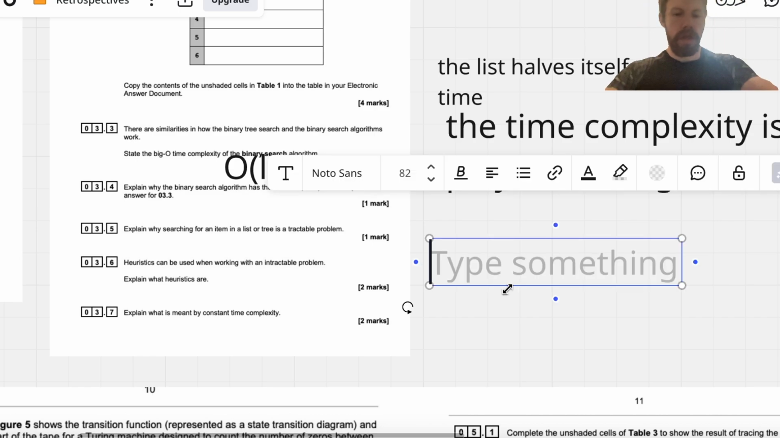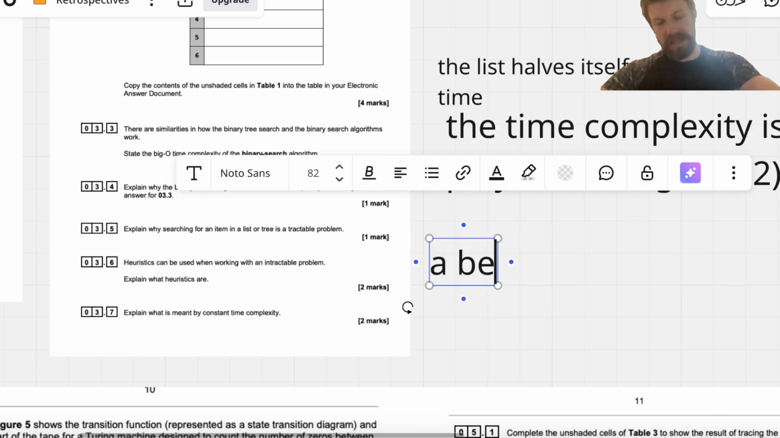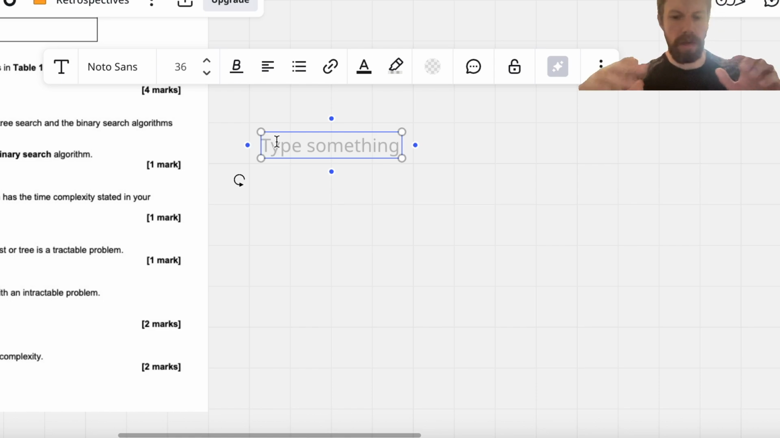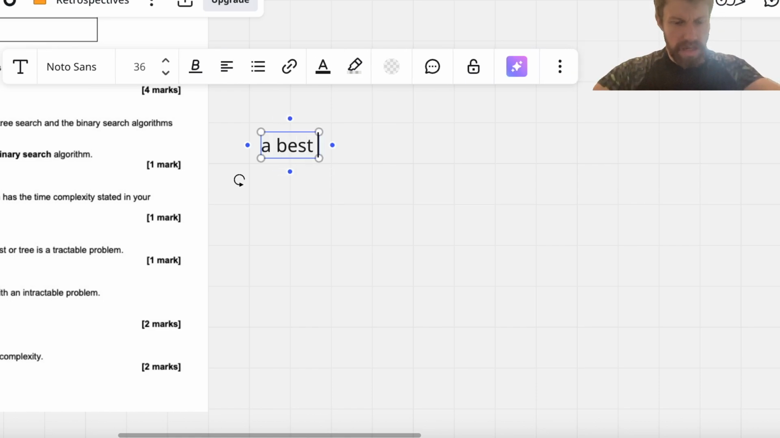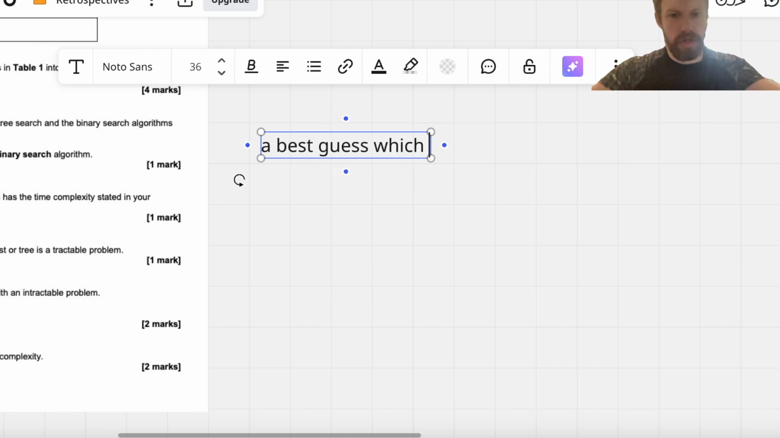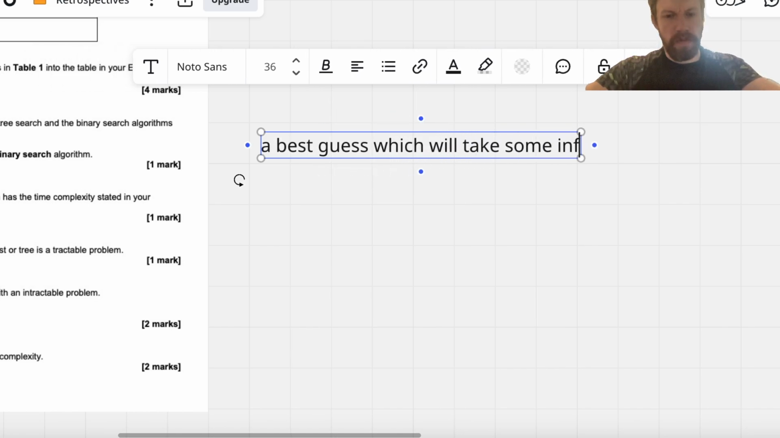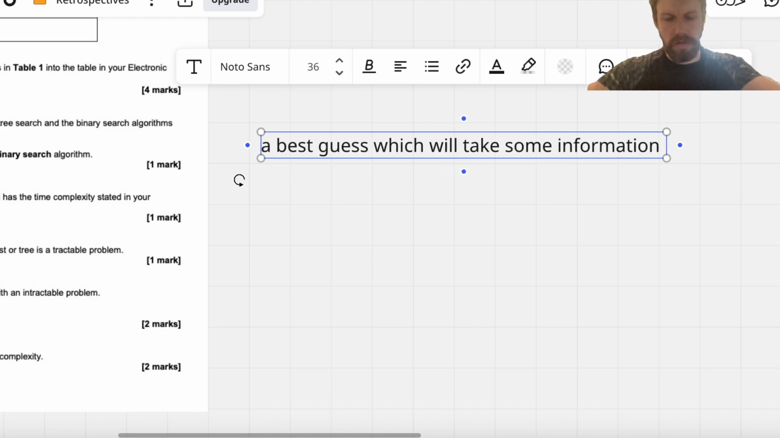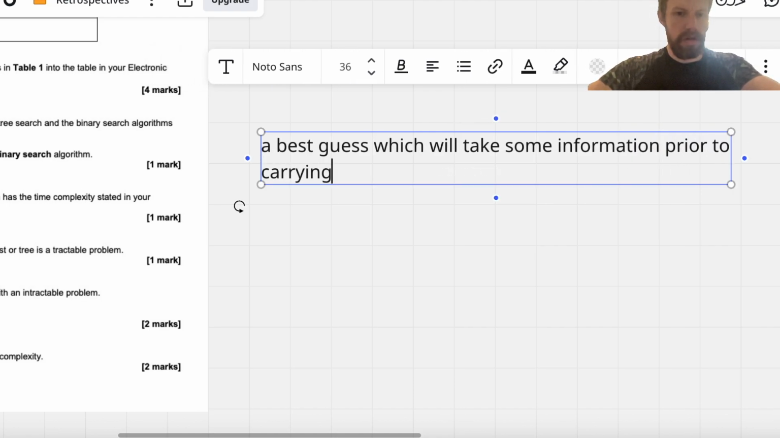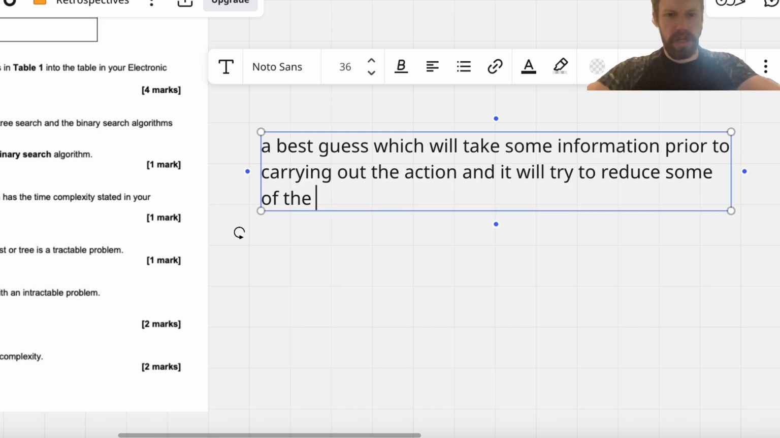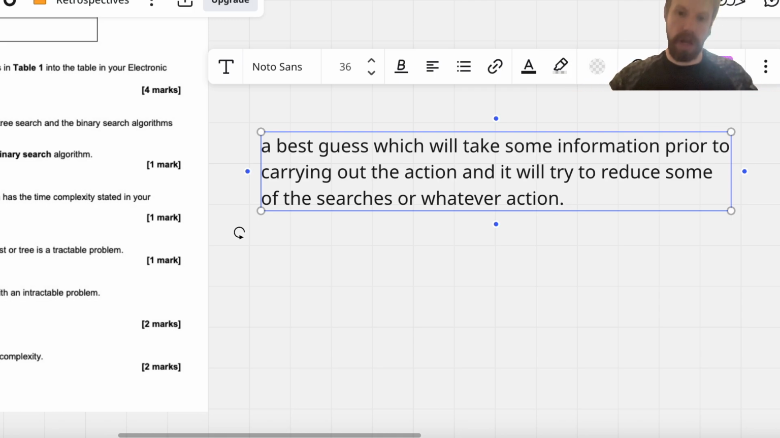Explain what heuristics are. Heuristics are a best guess. Okay, so heuristics are a best guess which will take some information prior to carrying out the action, and it will try to reduce some of the searches or whatever action it's taking. So take A star, I know this is not on the AQA example, but it's a good example. Instead of Dijkstra's, which checks every possible